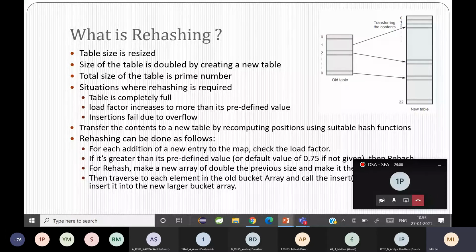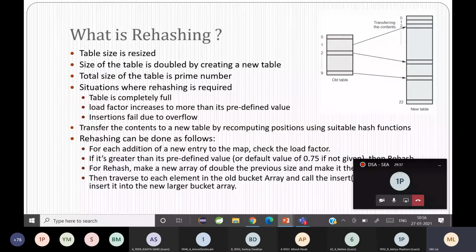So rehashing will be done by taking the values from the old bucket and putting them into the new bucket based on the hash values depending on the table size of the new bucket. So in short, when is rehashing done? When you face overflow or when the load factor tends to increase.